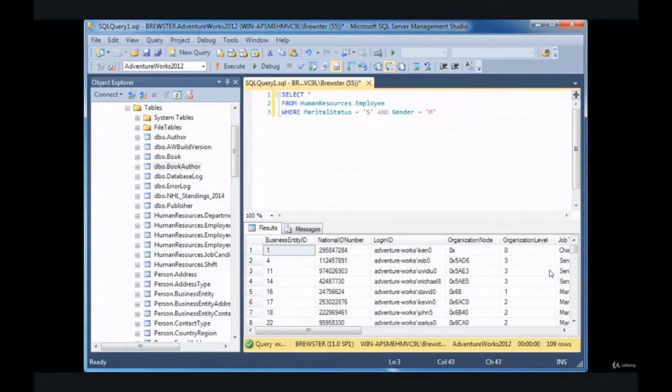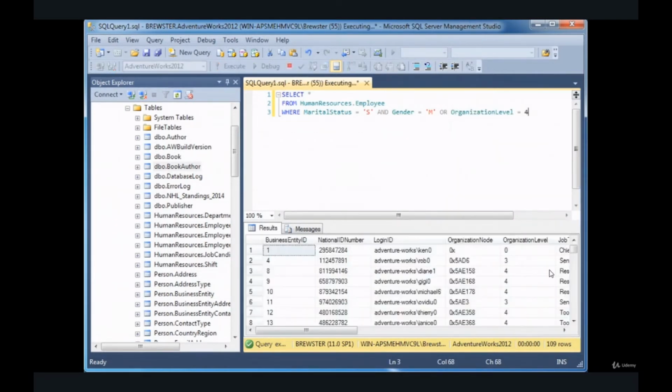Suppose we want more than 2 criteria in our where clause, and we want to combine the different operators. So I want to use both an and an or logical operator in this query. How is that going to affect the evaluation? Let's just do an example. So let's say where marital status equals S and gender equals M, or organization level equals 4. When I run that by pressing F5, you'll notice that we have some rows where the organization level is not